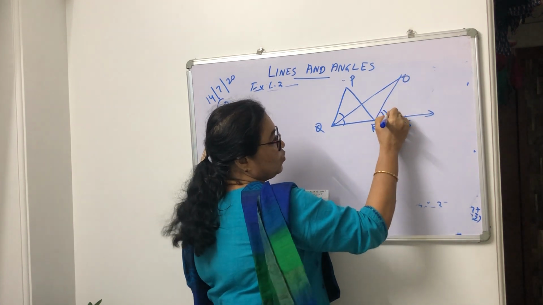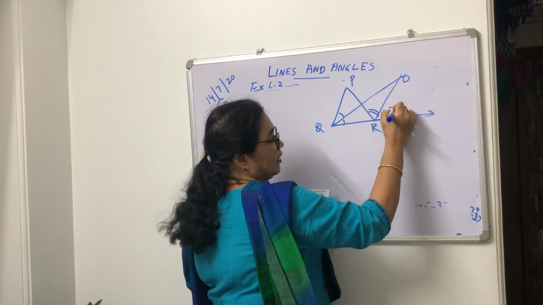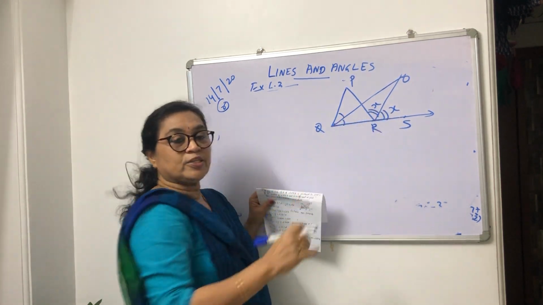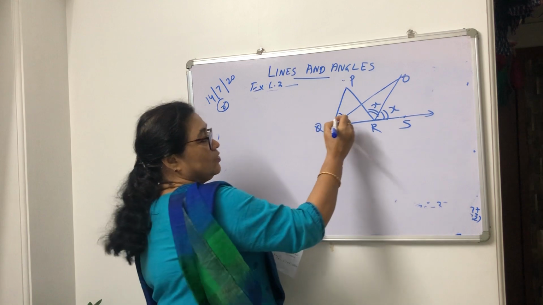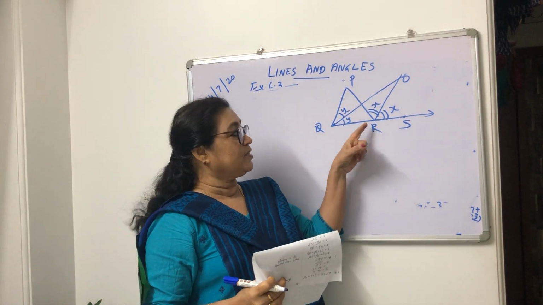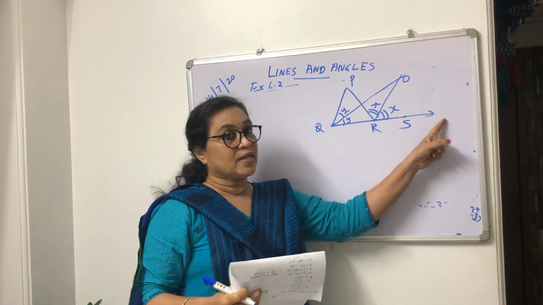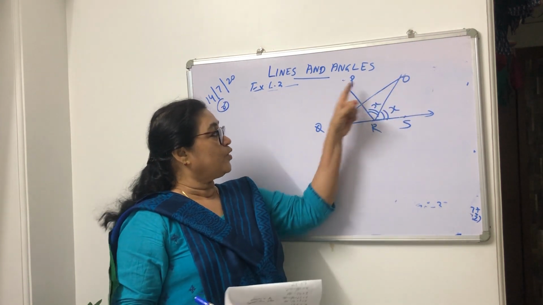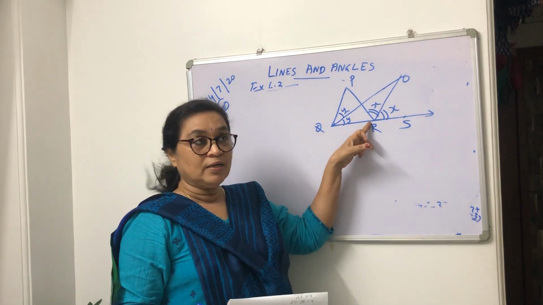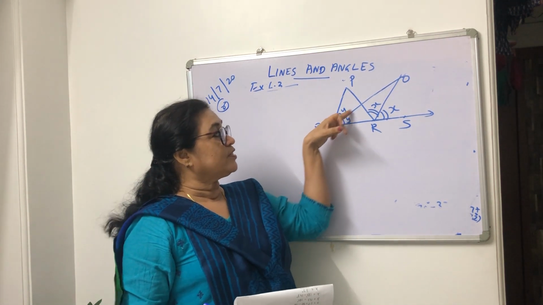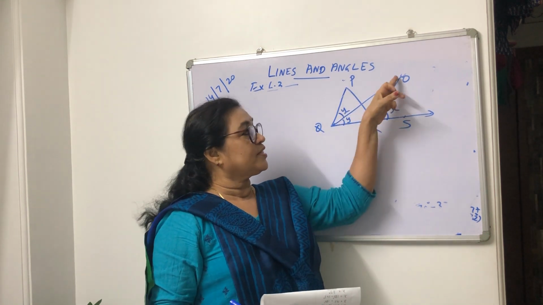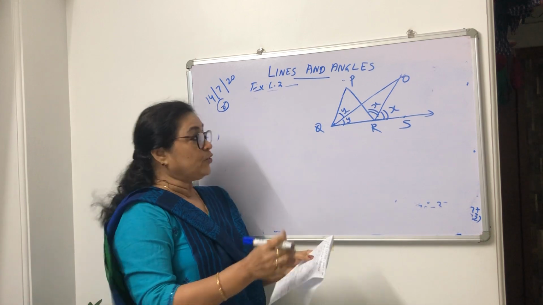So here these two angles are equal. So I am writing this as x and x. This x shows only these two angles are equal. This one I am taking it as y and y. So these two angles are also equal. That means this is the bisector of this angle and this QO is the bisector of this angle. So here it is given the bisector of PQR is this and bisector of PRS is RO, both are meeting at O. So you need to prove